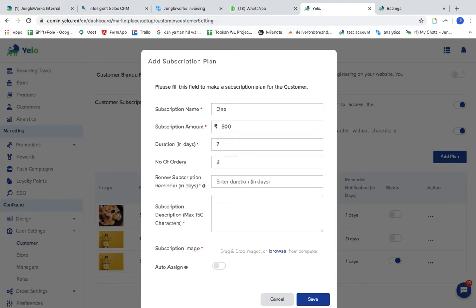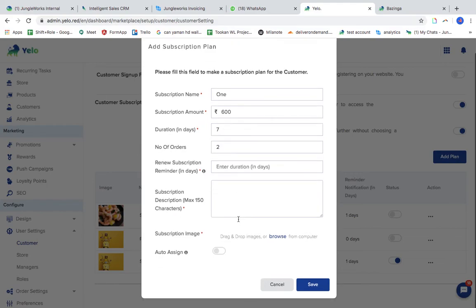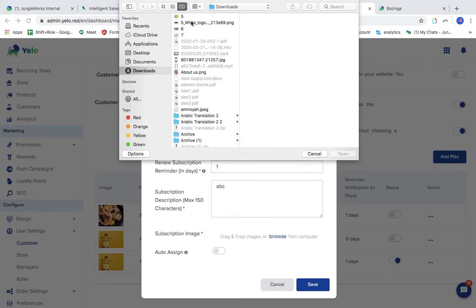Let's say he can just make 2 orders, and the number of times you would like to remind your customer for renewing the current subscription plan. Let's say I want to send him one reminder. If you want to put in some description, just add it, add a picture,